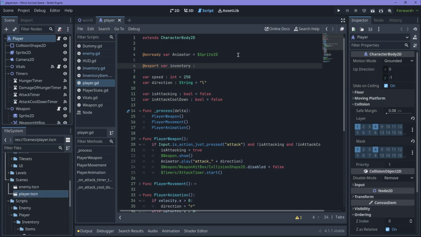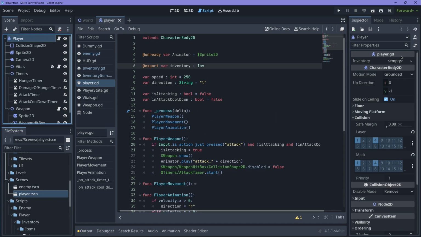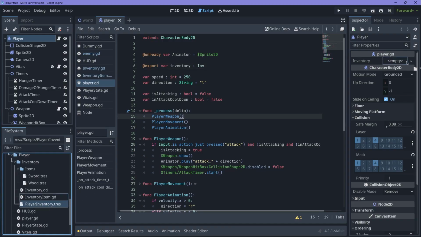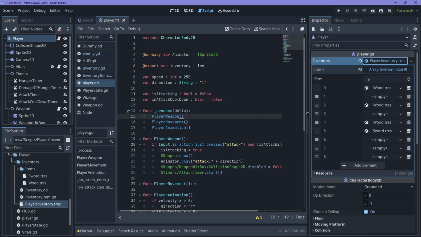And inventory, it's gonna be an inventory class name, so you have to write inventory. And now if we click on our player, we have this empty space where we can drag and drop our player inventory resource. And here we still have all the items that we chose earlier,